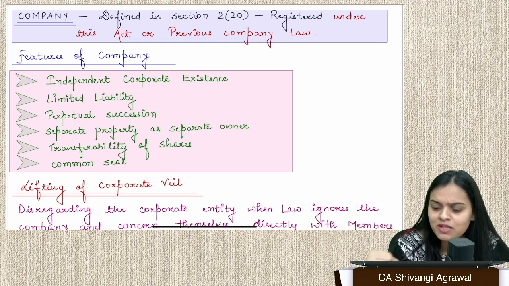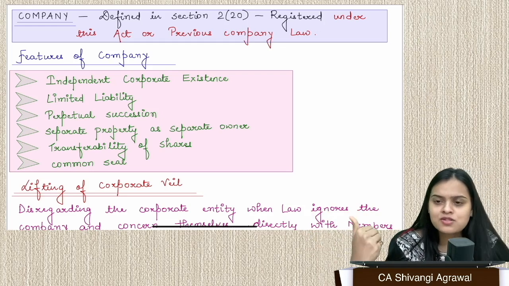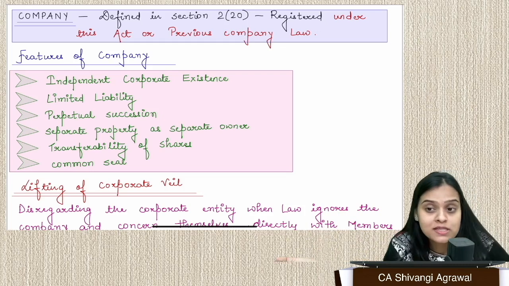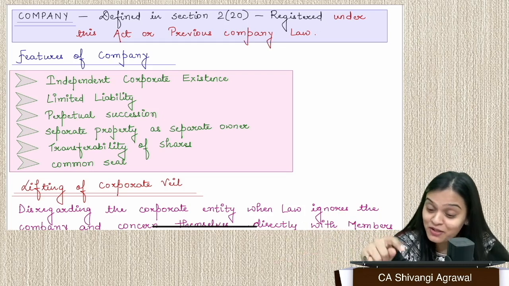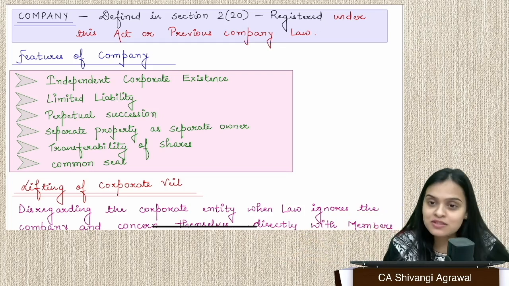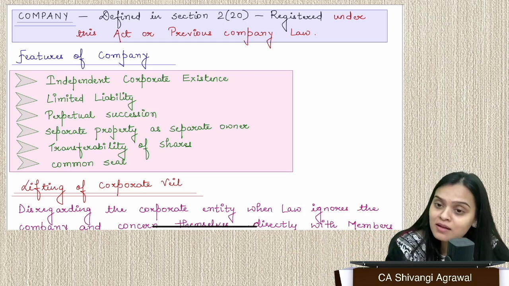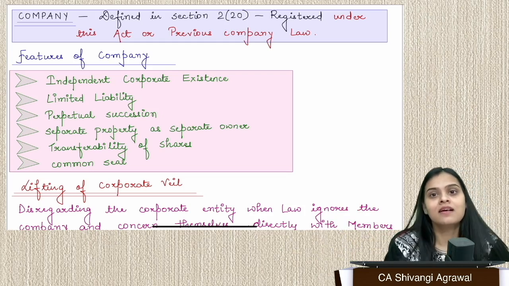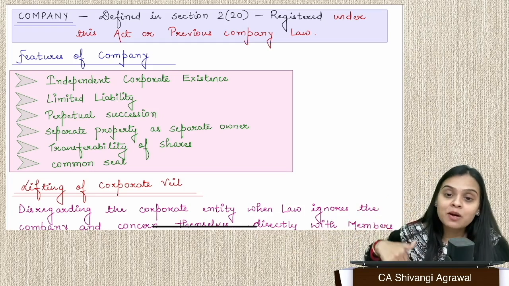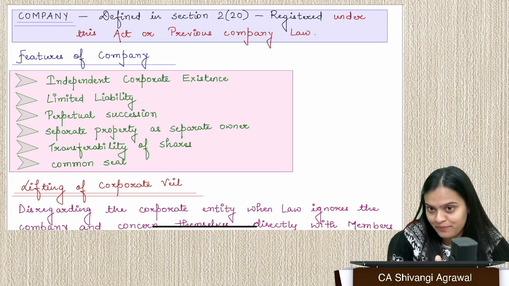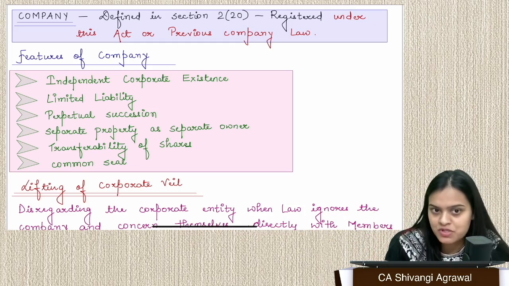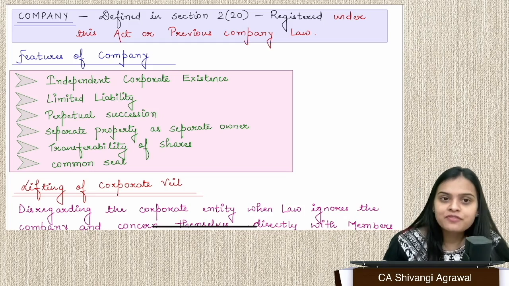of voluntary people who are coming together and they are working for a motive, and they have chosen this particular form of business organization. Or if you choose this particular form of business organization, that is company, you have to register yourself under Companies Act, because under Companies Act, only the companies which are incorporated under the act of previous company law are company. Okay, so incorporation or registration under the act is something which is very important. Apart from that,